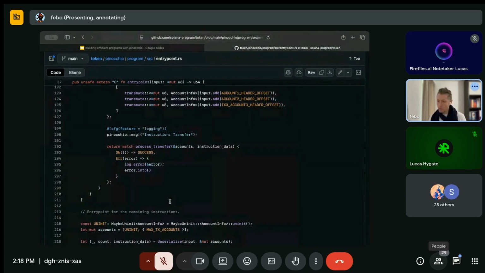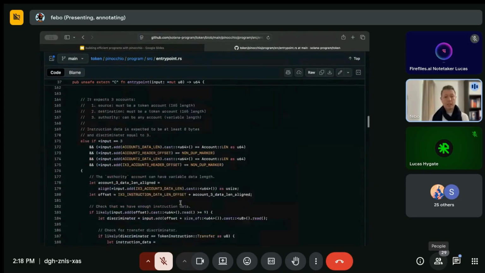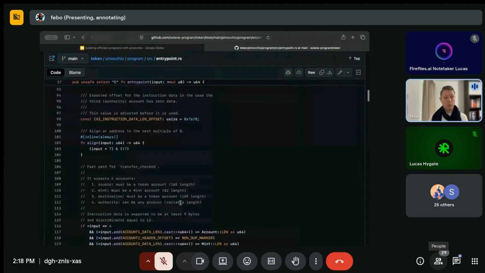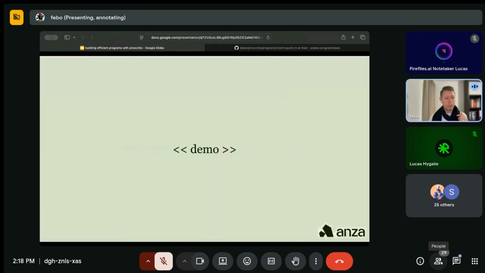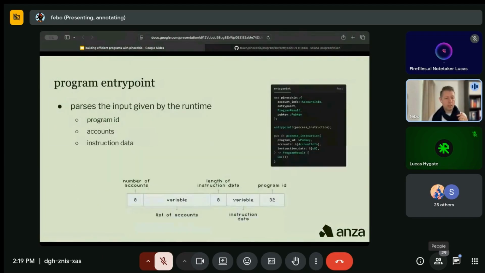There's another question here on the chat. Are those predefined precondition values never really? Yes, on the input buffer. If we go back, let me just go back here very quickly. If you remember this slide, the number of accounts is always the first position, and then you have your accounts, and at some point you have the length of the instruction data, and so on. The problem is that you don't have the length of this input, so you can't offset things from the back to the front, and this is why we need to check first